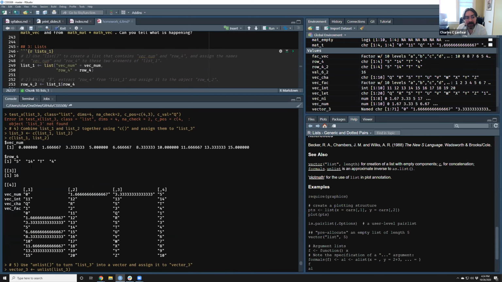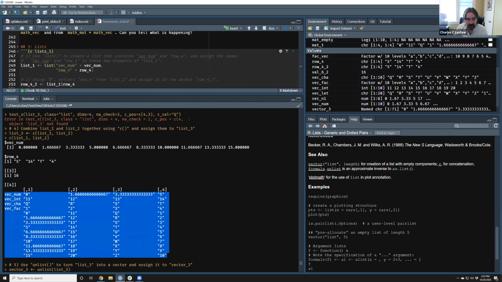It's just taken these things and made a vector so that you have this vector, and then stick this one right onto the end of it, this one right onto the end of that, and then this gets turned from a matrix into a vector and stuck right on the end of it. Unlisting is an operation one does not use very often because it deletes all of this useful structure of the list, but you might do it in certain cases.